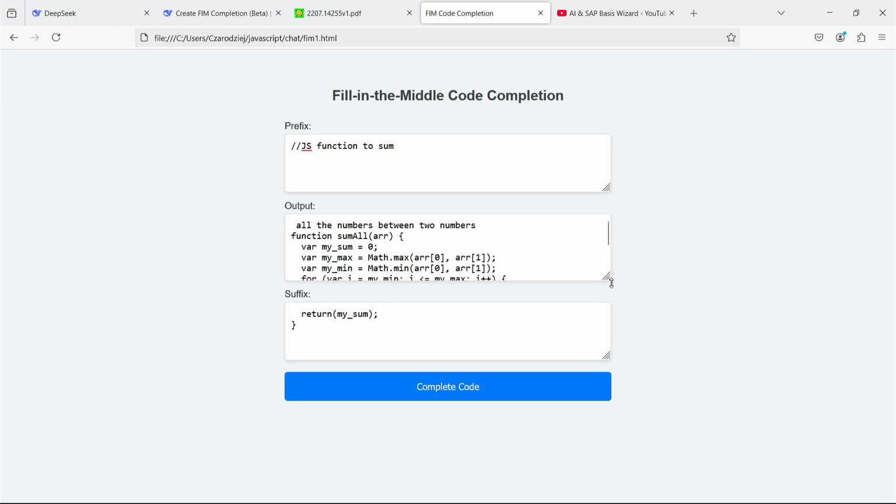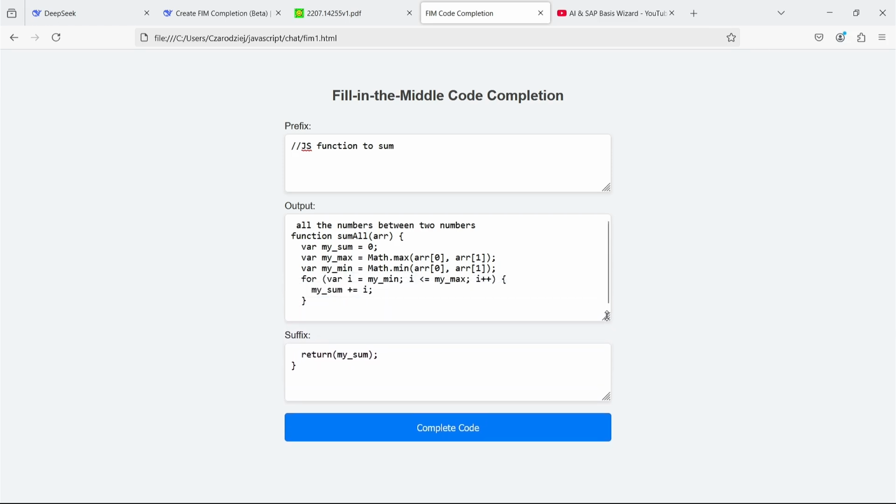And there you go, it's different. At the beginning, we have a continuation of the comment, meaning DeepSeek built a function to sum all the numbers between 2 chosen ones. This isn't exactly what I expected, but it is some kind of prediction, and as you can see, the function is correct.